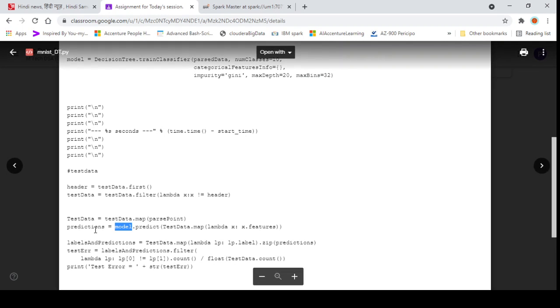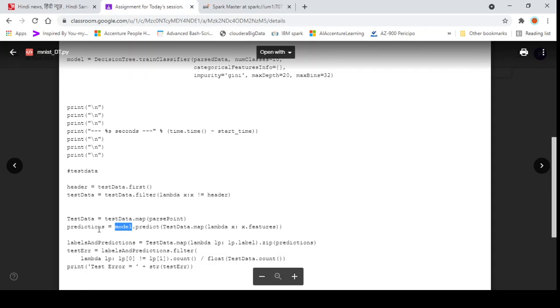Once we get the predictions from the features, we already have the labels for the test data set, so we will compare the labels of the test data set with the predictions.